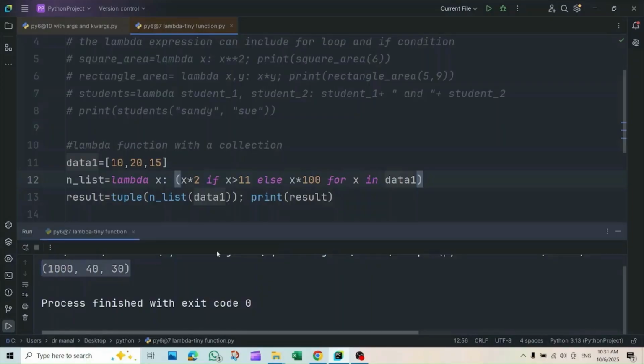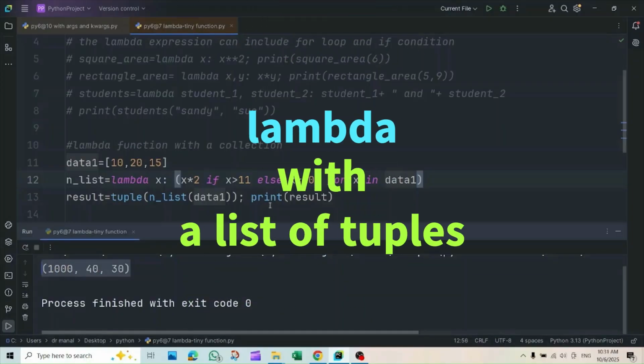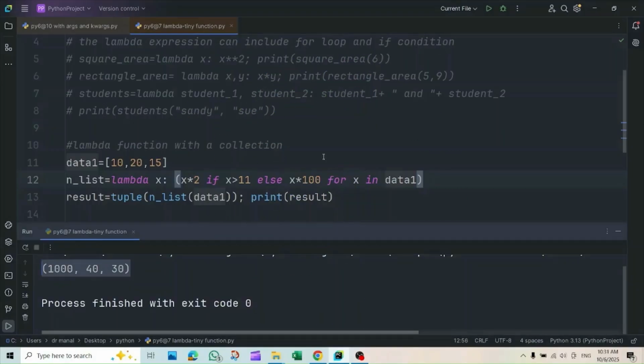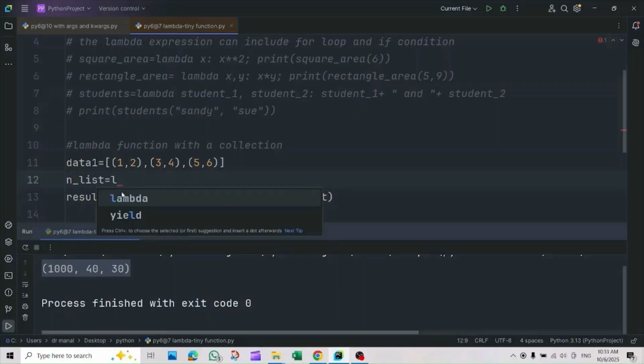This is the output. We can even operate over a list of tuples. So let's have data1 here to be a list of tuples. Our list of tuples data1 here. Let's have our lambda function now. What we really need to do is to add every 2 elements in each tuple and have a new tuple of them. So let's have here our lambda function